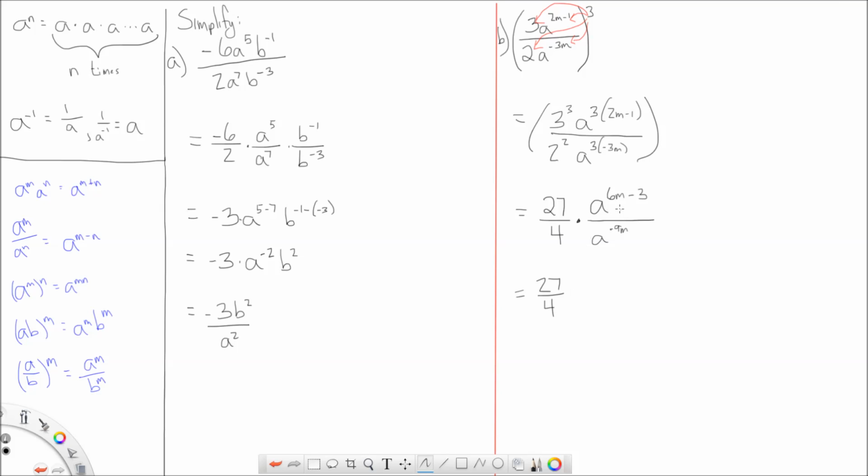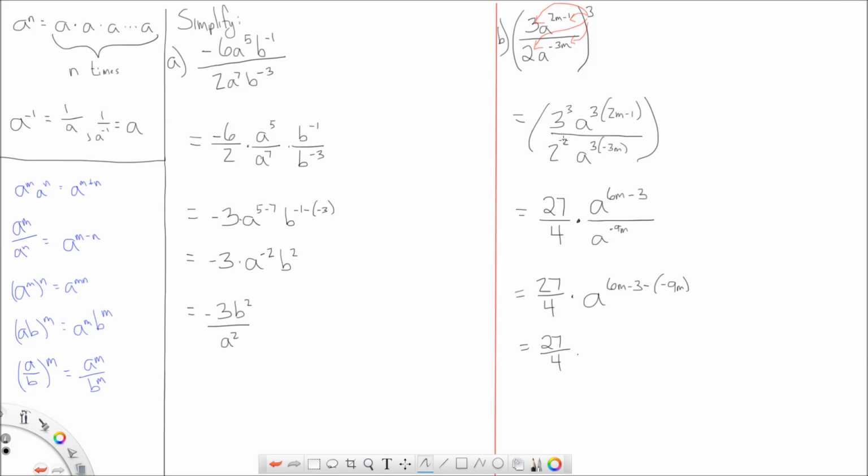Alright, but what we can simplify, here we have the same base, they're both base a. We have 2 different exponents, so we know that's going to simplify down into the top exponent, the exponent in the numerator, minus the exponent in the denominator. Again, be careful with parentheses, so we have minus the entire thing in the denominator, which has a negative with it. Alright, so now we're just going to simplify this as 27 over 4 times